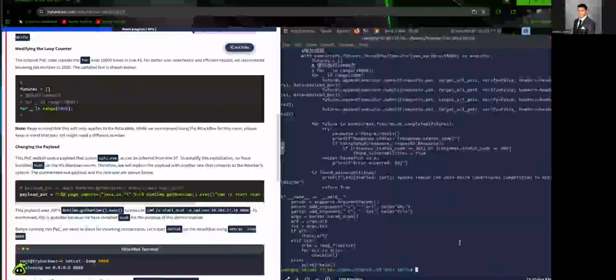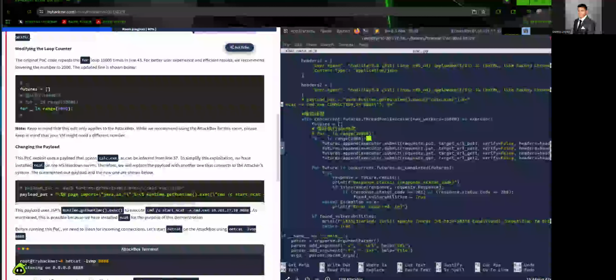All right, cool. So let's see here. All right, here we go. This is what we need to edit. Putting our connection IP here, which should be 10.10.27.6?